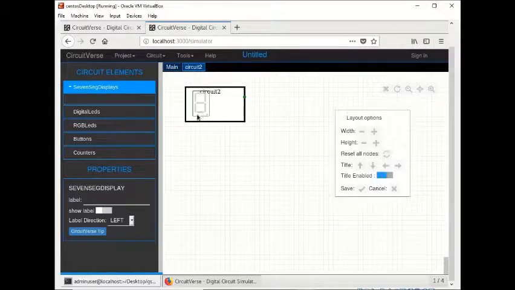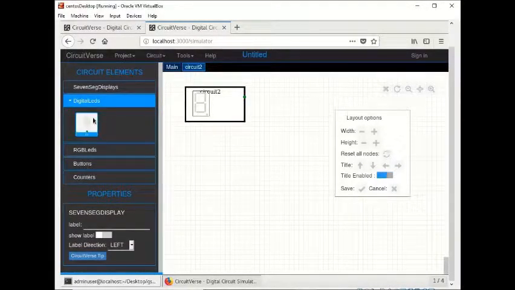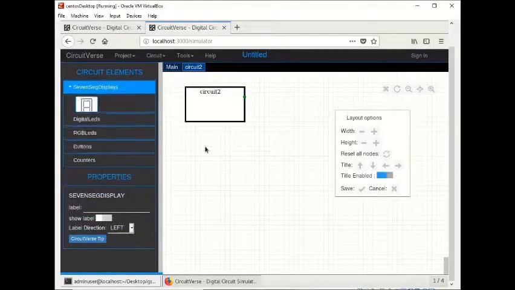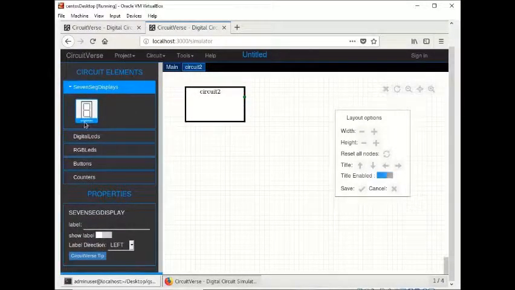Over here it's a little bit large. Okay, that's it. We have a digital LED, and if you noticed, this element didn't have a label, so it has this unlabeled thing. But over here, the